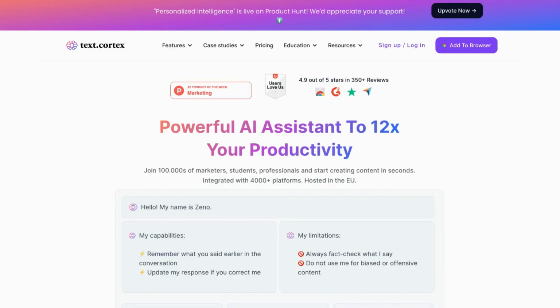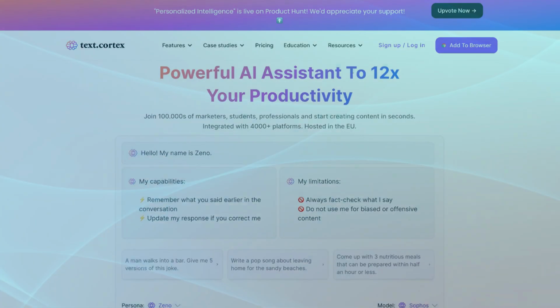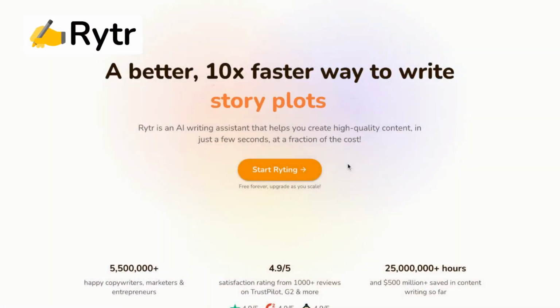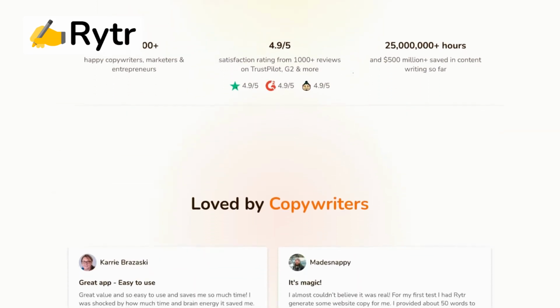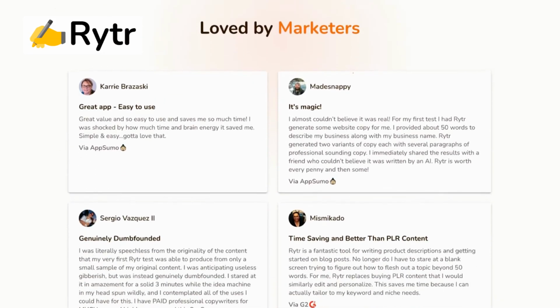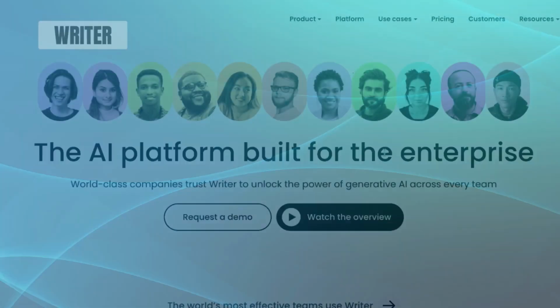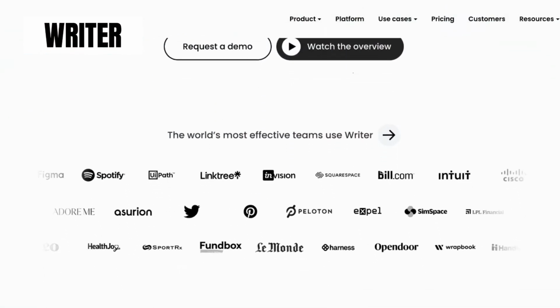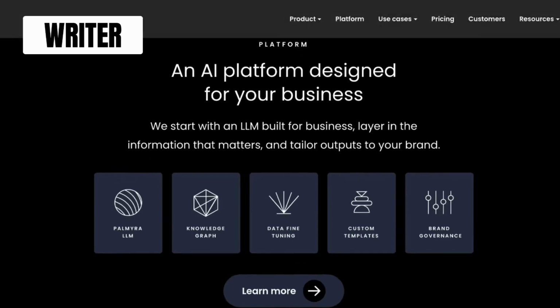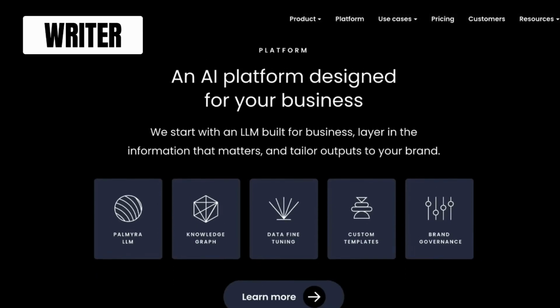Let's compare these alternatives to TextCortex. Rytr AI stands out with its lightning-fast speed and remarkable affordability. It enables users to generate high-quality content in mere seconds, while Rytr focuses on providing comprehensive writing assistance across various genres, styles, and offers a wide range of writing templates, prompts, and suggestions to help you generate high-quality content quickly.